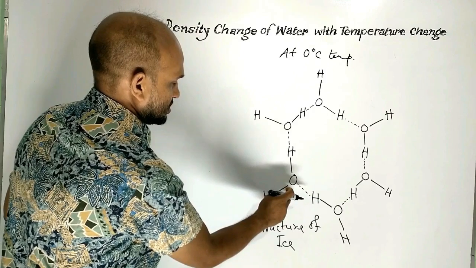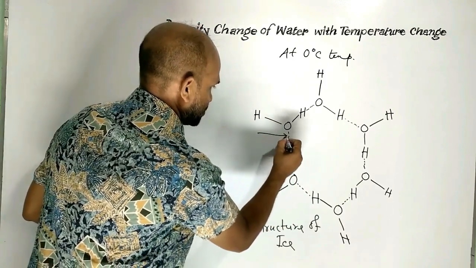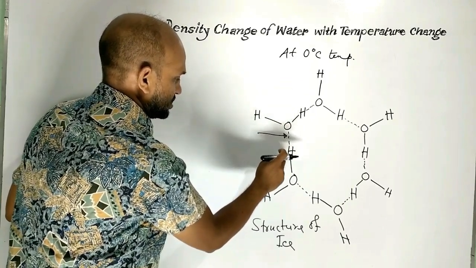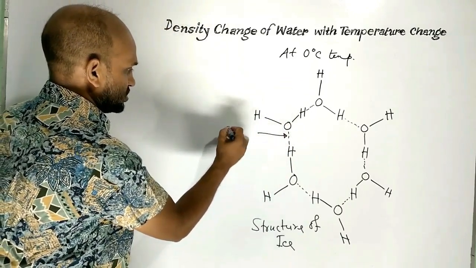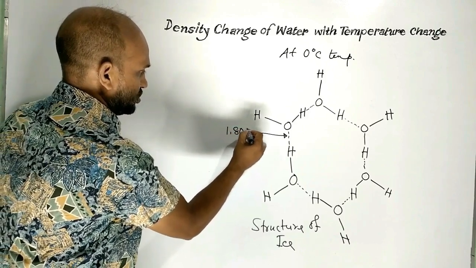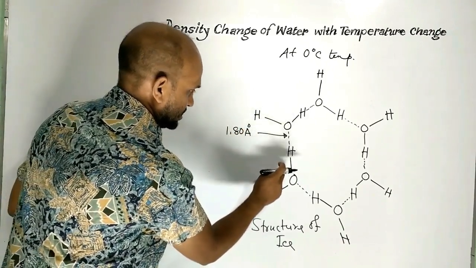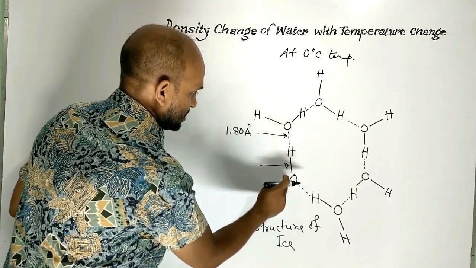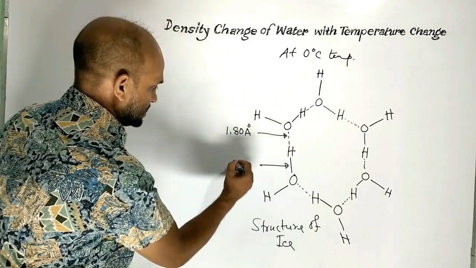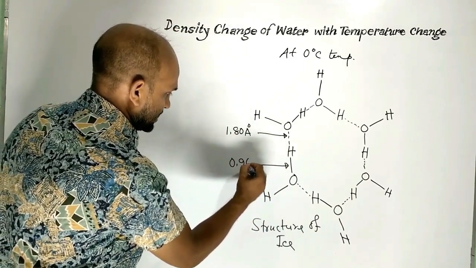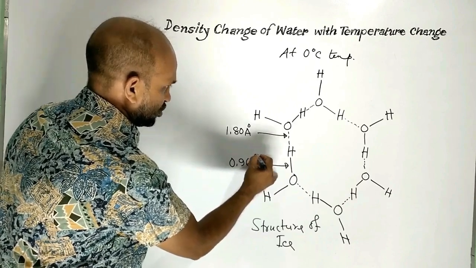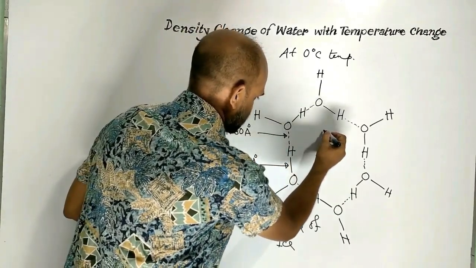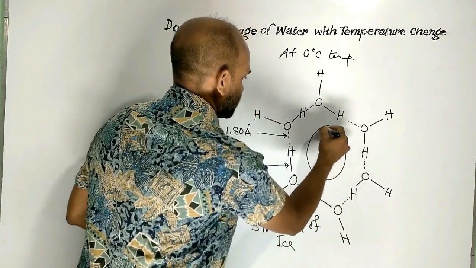In the structure of ice, this is the hydrogen bond. The distance between oxygen and hydrogen in the hydrogen bond is 1.80 angstrom, and the distance between hydrogen and oxygen in its covalent bond is 0.96 angstrom. However, this is the structure of ice in which there is a big gap